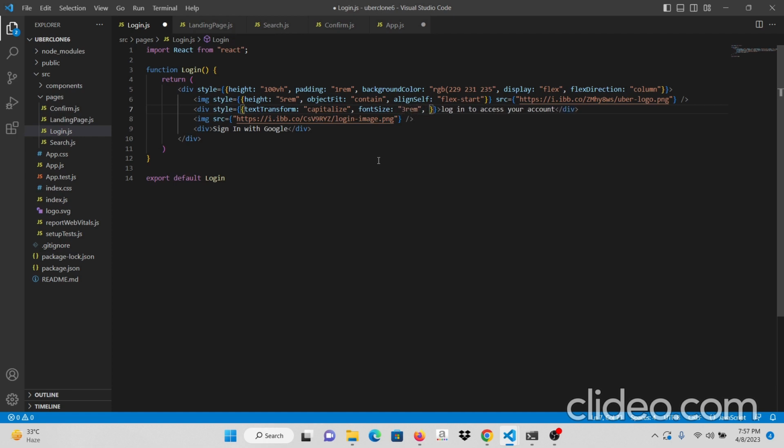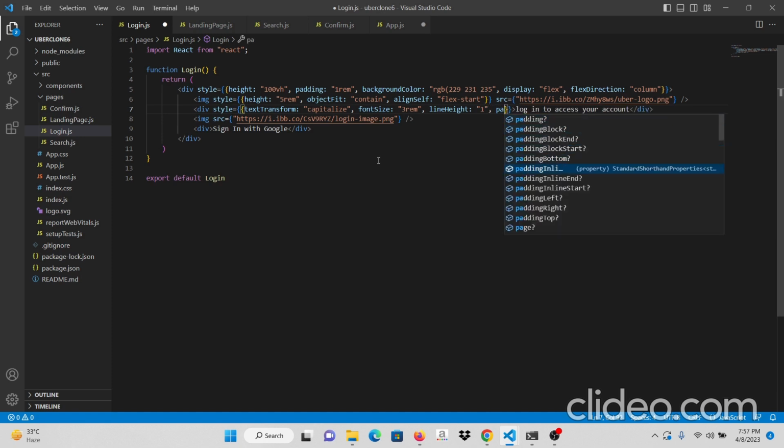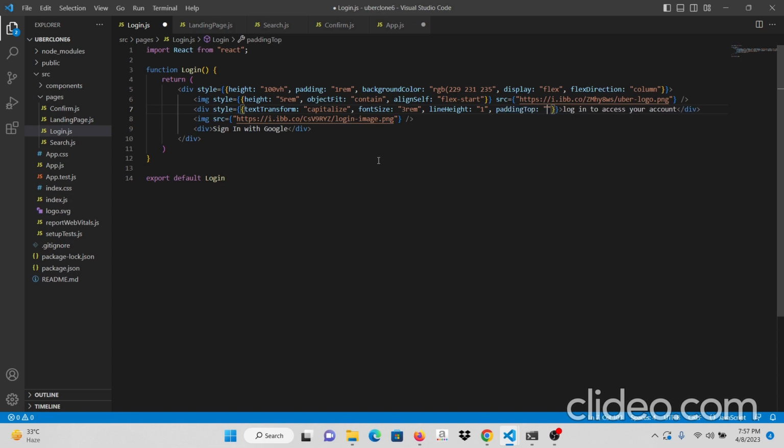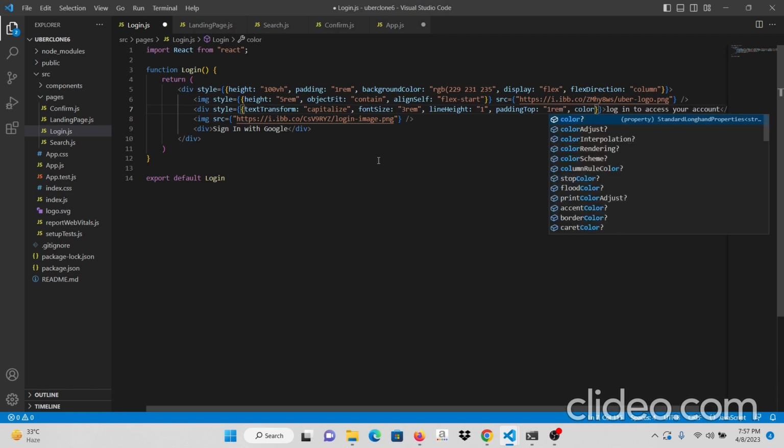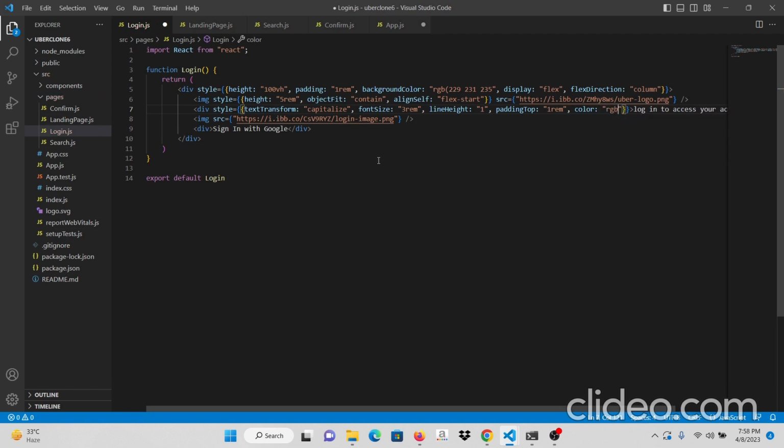RAM, and then there's a little bit of spacing, padding top. There's a small spacing, so I'm just going to show you what padding top does in a second. And then the color isn't exactly color text. This is actually the text color. It isn't exactly black, so I'm just gonna